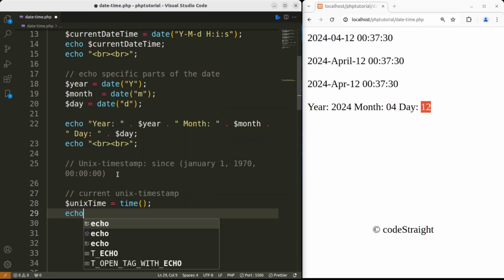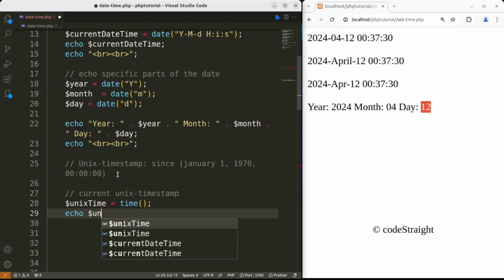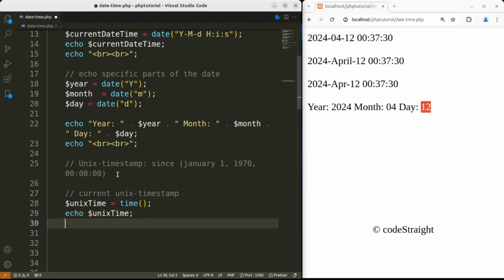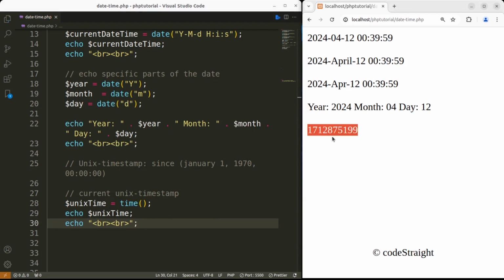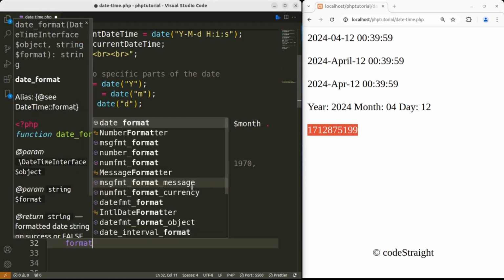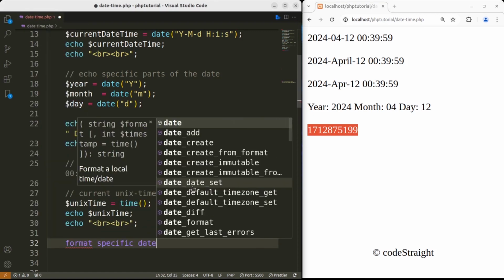And let's echo unixTime, followed by, let's add some line break there as well. Hit save, and this text represents the current Unix timestamp. Now let's move on to how you can format a specific date string. Let's go to the next row and